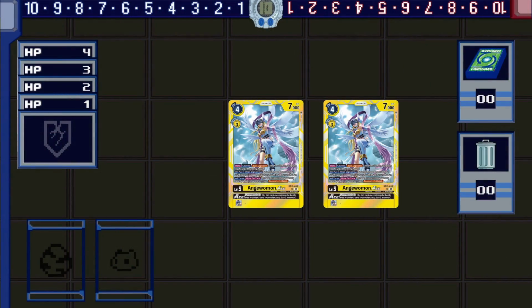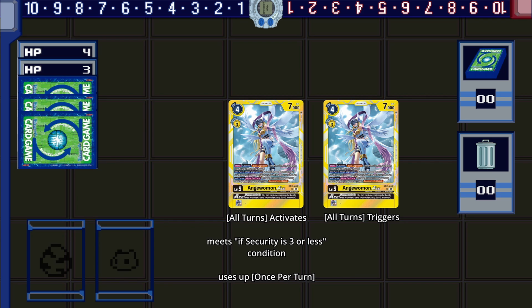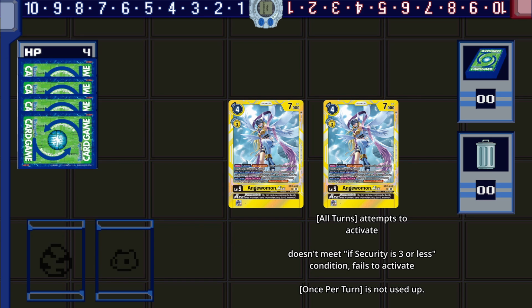For another example, let's look at having two Angelomon Aces on board when you have 4 security. Your opponent swings, checks security, and both of the Aces' all turns will trigger. One of them will activate successfully and recover 1, putting you back at 4 security. The other sees that you're at 4 security and therefore does not fulfill the if condition of having 3 or less security, so the second Angewomon's effect isn't activated and can actually be triggered and activated again later in the turn. Now that we've covered the basics of effects, I'm going to rapid fire some different topics